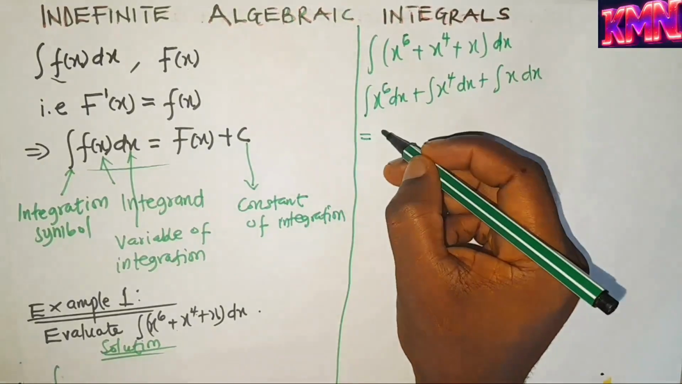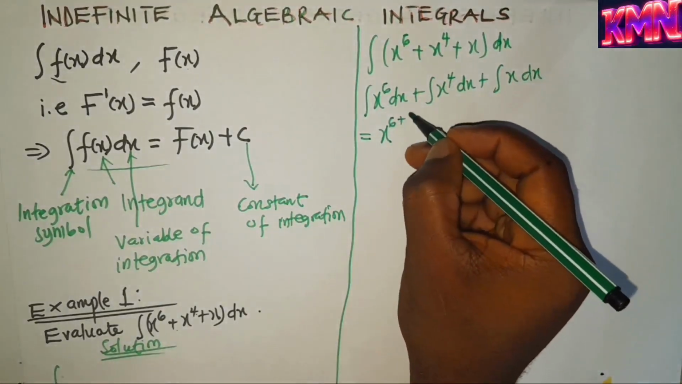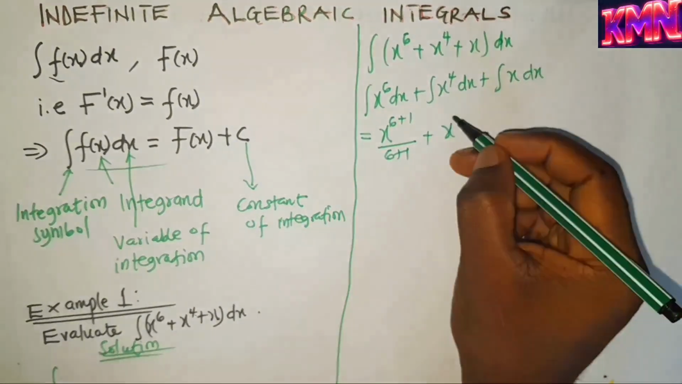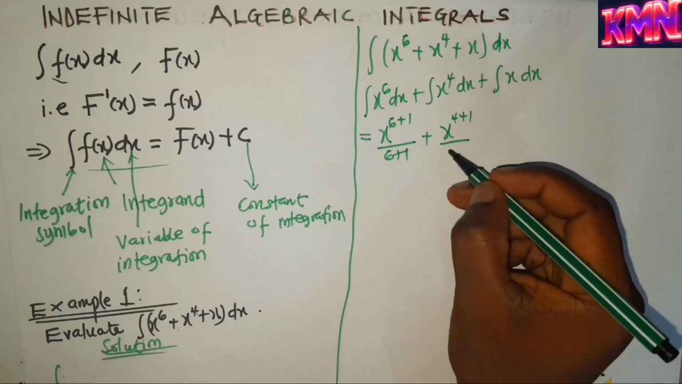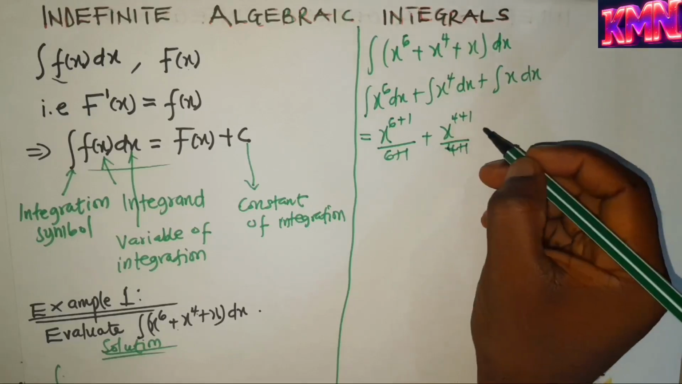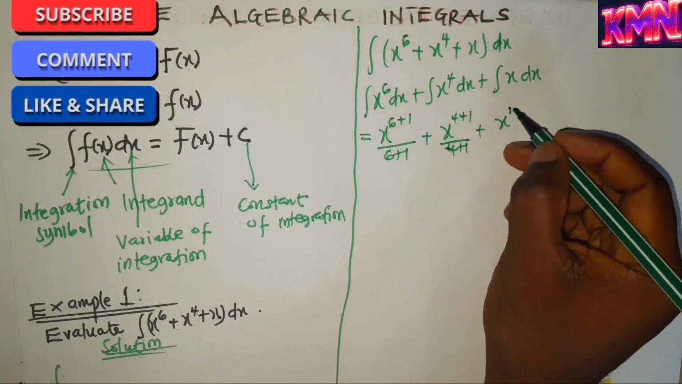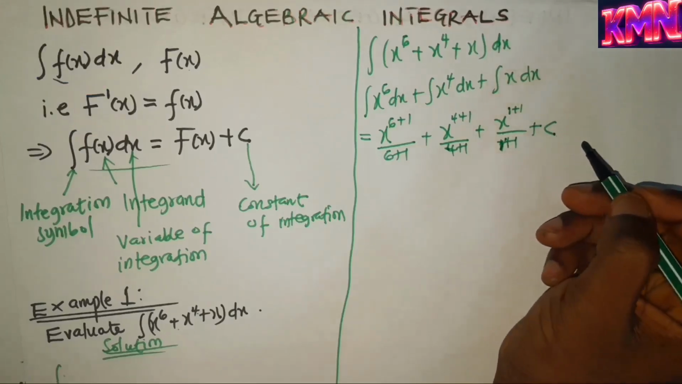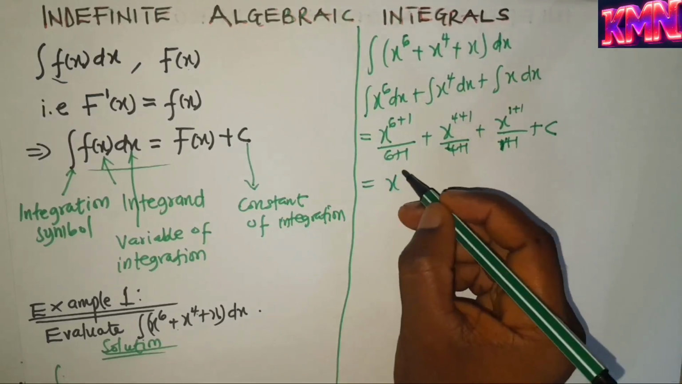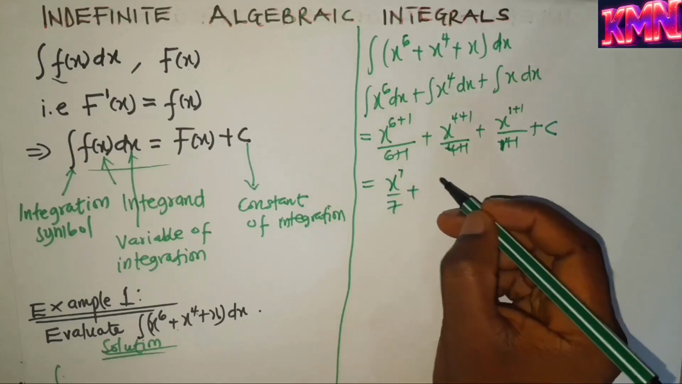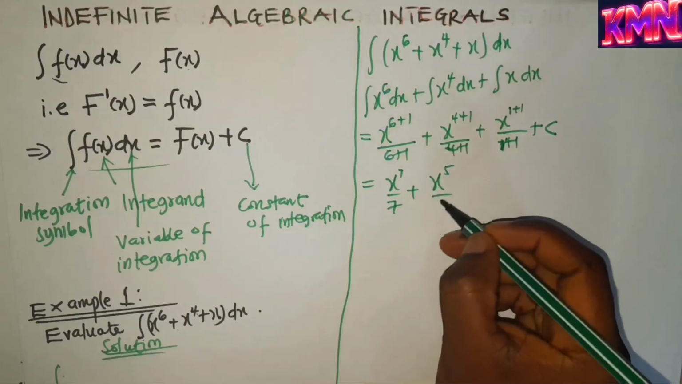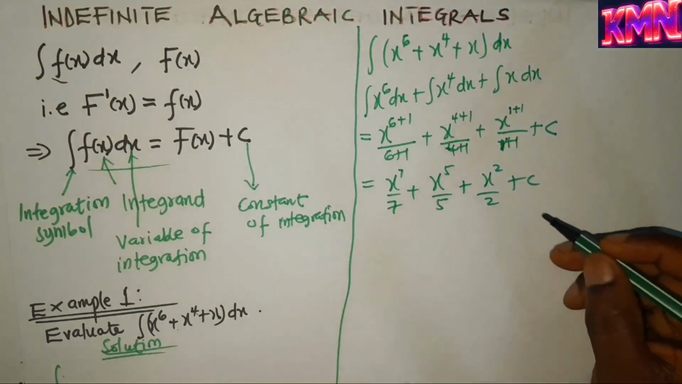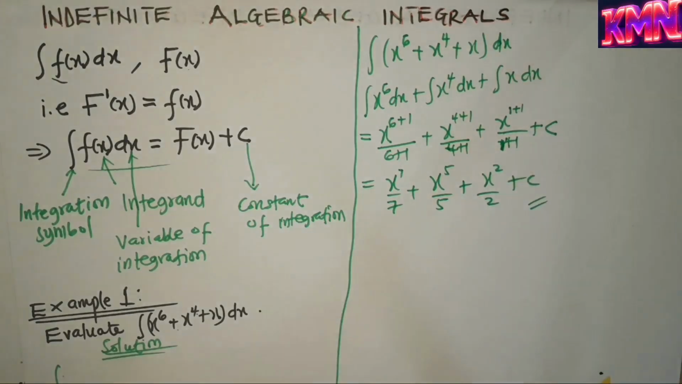We are going to get x power 6 plus 1 divided by the power 6 plus 1, plus x power 4 plus 1 on 4 plus 1, plus x power 1 plus 1 on 1 plus 1, plus our constant of integration. So we are going to get x power 7 on 7 plus x power 5 on 5 plus x power 2 on 2 plus c. And that is our solution for the first problem. Our second problem,